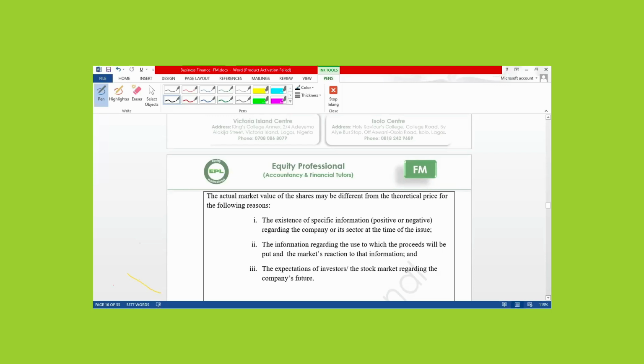What we are trying to say is information specific about a company can have negative impacts or positive impacts on the company share price,